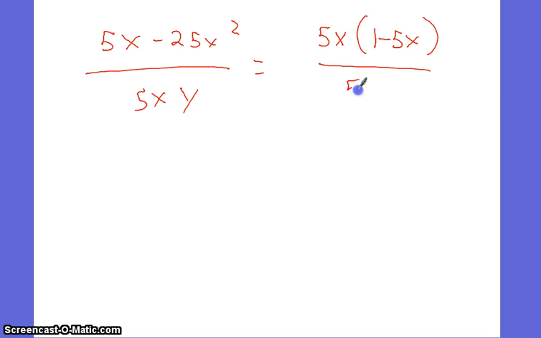The reason why I want to do that is because I'm going to do this. And that way, when I factor out my 5x and I do this problem, I'm going to cancel this 5x and this 5x. And in my parentheses, that's going to stay the same because I already factored out the 5x. And I can't cross out this 5x because I already factored it out. And if you look over here, I would have divided 25 by 5. I still have 5 left, so it's not 1. So what I have left is 1 minus 5x, and don't forget the y. So try A through D, and we are